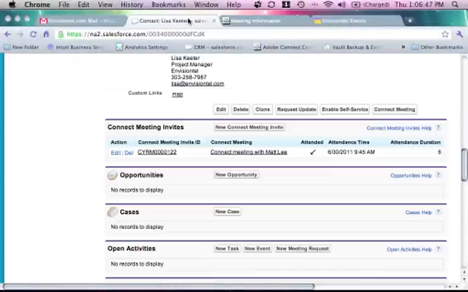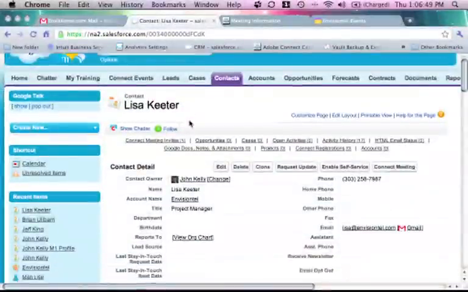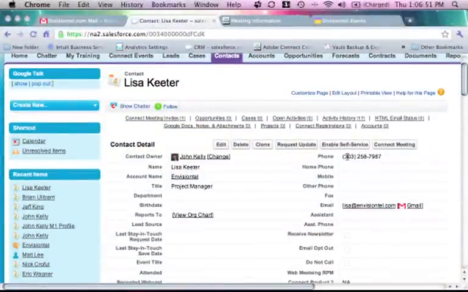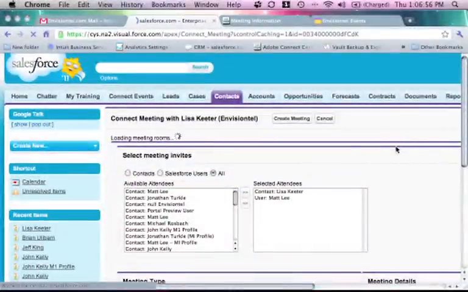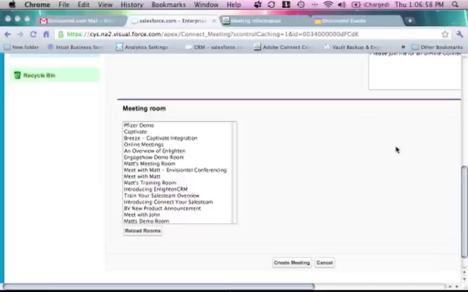And now if I jump over into Salesforce and I go to Lisa Keeter's contact record and I click on Connect Meeting, I'm not going to actually schedule this meeting, but if I scroll down, I should now see Matt's Demo Room available right here as one of my options for a room that I can use. So as you can see, it's very easy to configure and set up Adobe Connect. Once you have meeting host privileges, you can very easily create new rooms and manage rooms